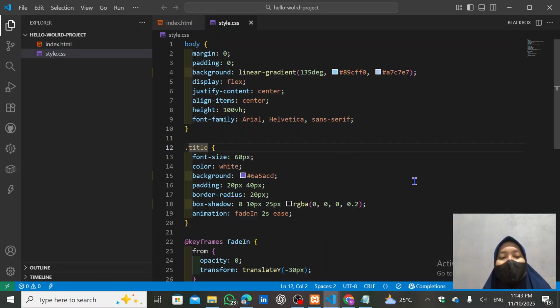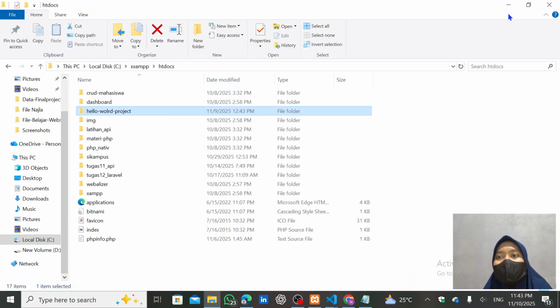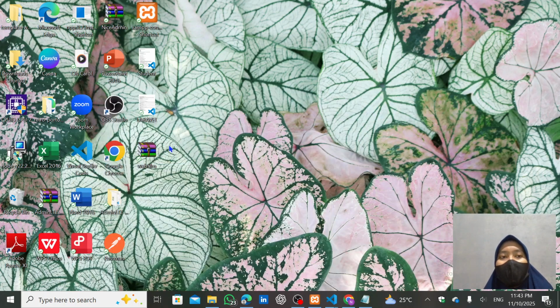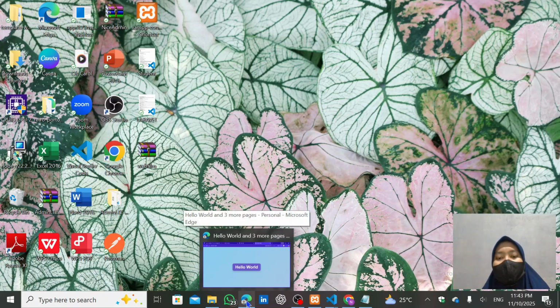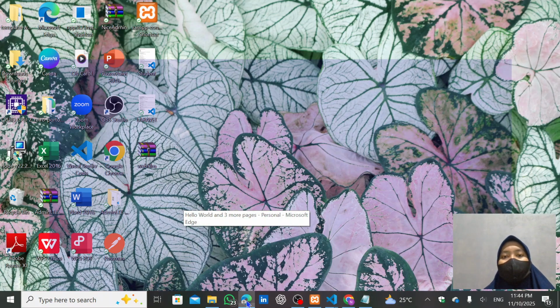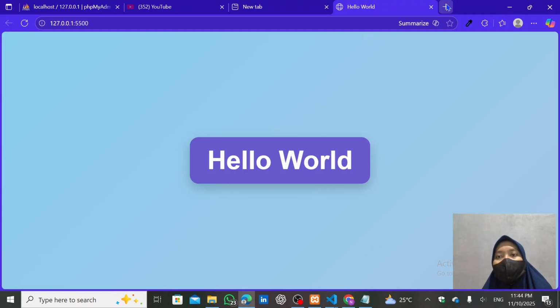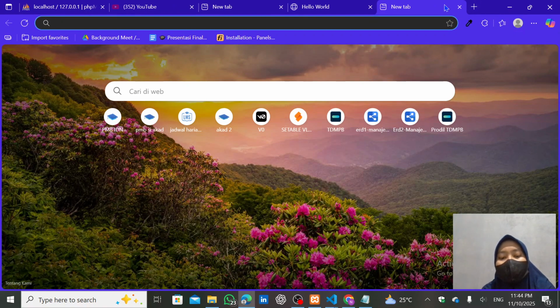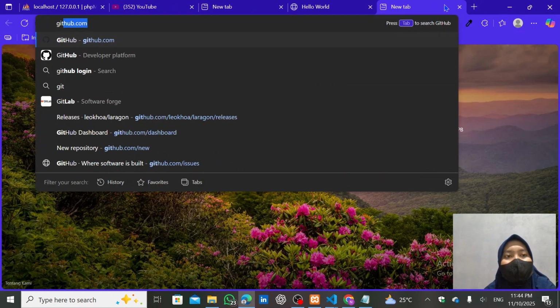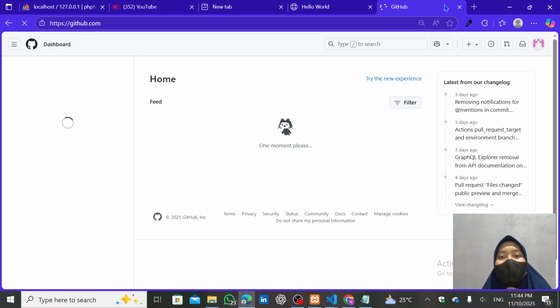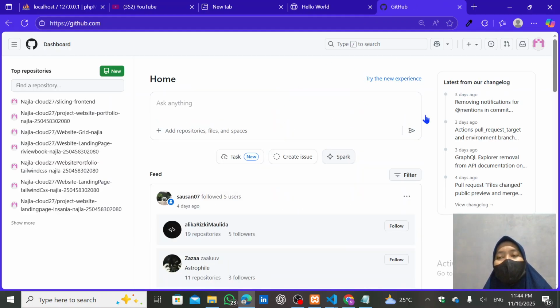So next I open the web browser and open a new tab and go to GitHub, to my GitHub. I click to create a new repository.